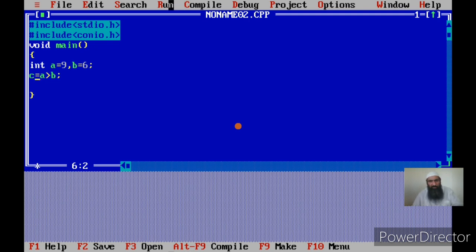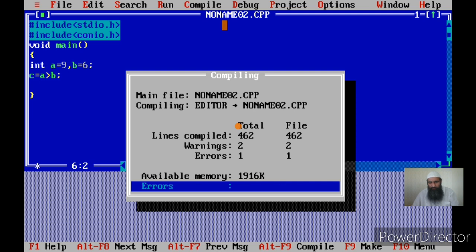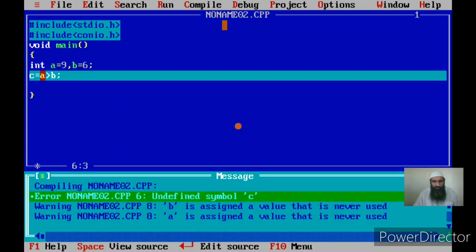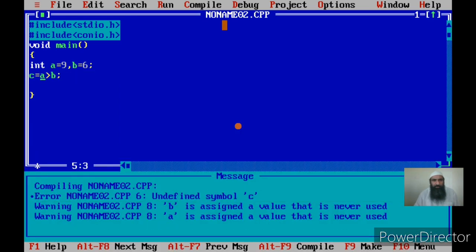Let me run in the trace mode. I have to define a variable because I have not defined C. It is a rule, the moment you use a variable it should be declared, and if you don't declare a variable it will lead to errors. Okay, now I won't be having errors.